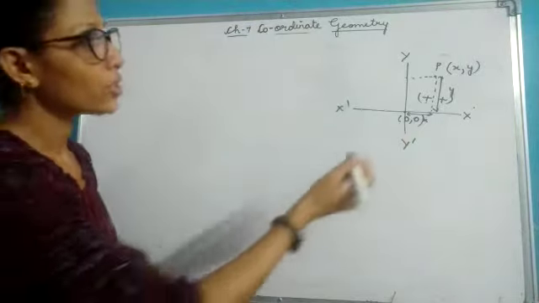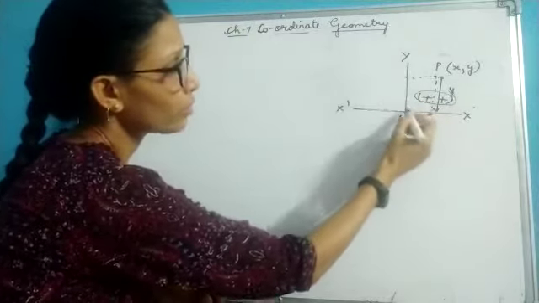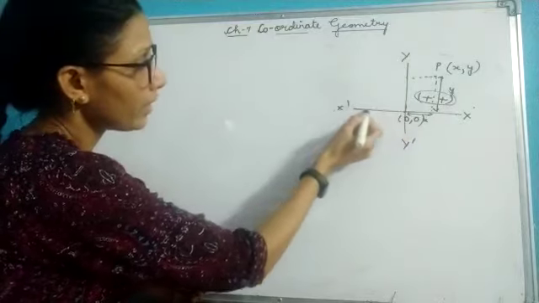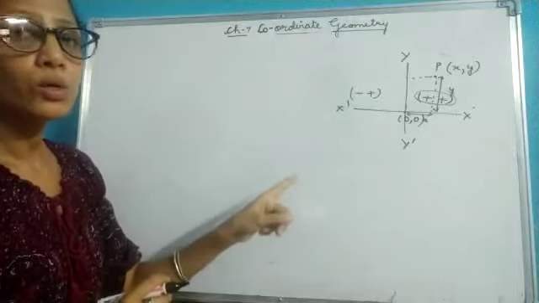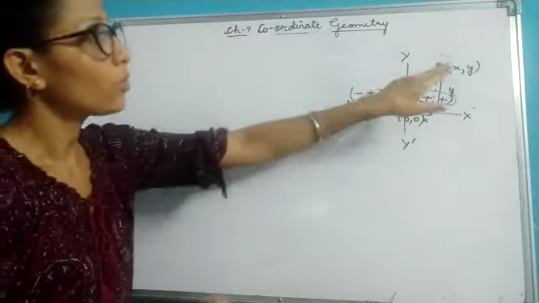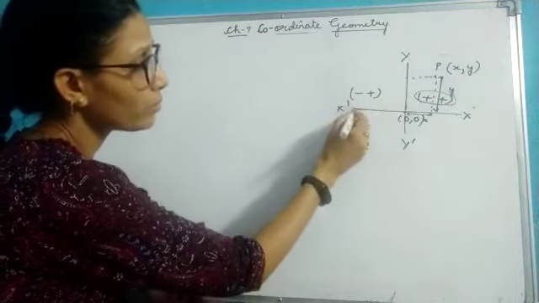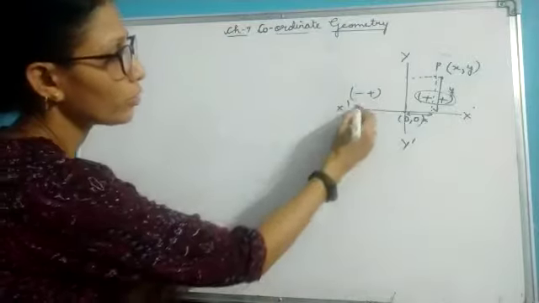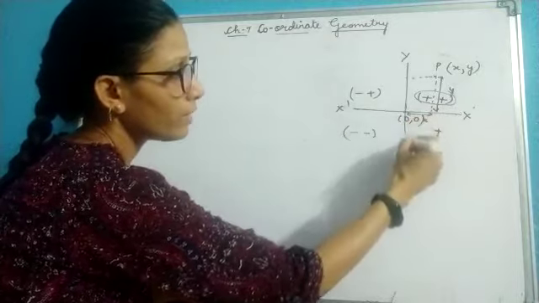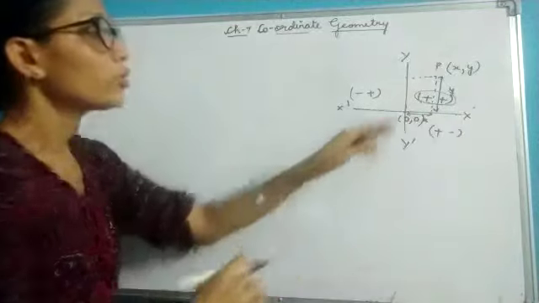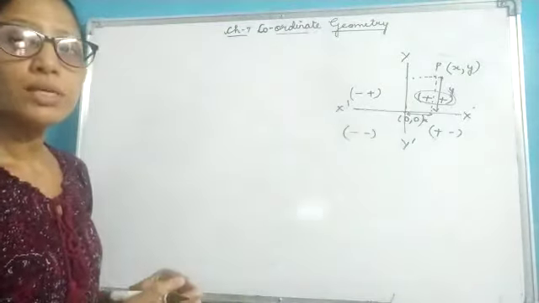In addition with these things, you have also read that first quadrant is of positive and positive because here x-axis is positive and y-axis is also positive. Here x-axis is negative and y-axis is positive. Children, whenever you are reading a coordinate, remember that always you write the x coordinate first. So for this quadrant I will be reading my x-axis first. So x-axis is negative here, y-axis again negative. Here your x-axis is positive and y-axis is negative. Okay. So these are the signs of the coordinates, or I can say the signs of the abscissa and the ordinates.